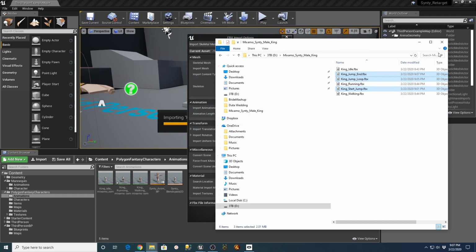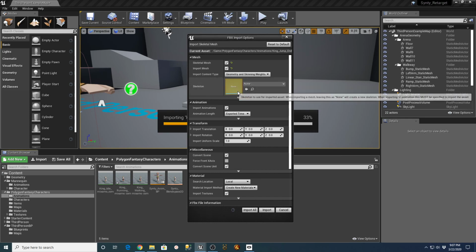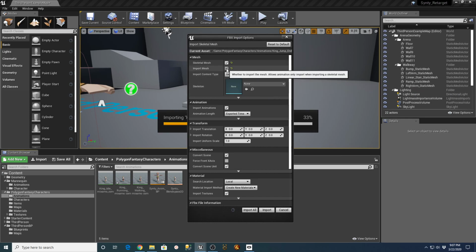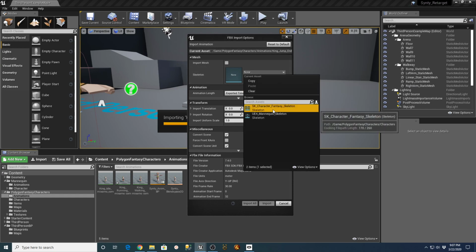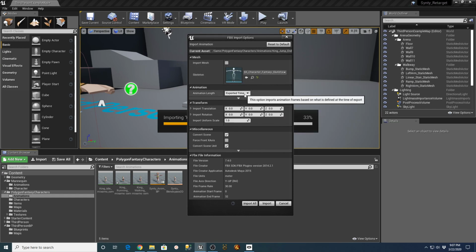Drag those in here, and we're going to do the same thing. We're going to say allows animation only import when importing a skeletal mesh. So we want to do that. We're going to assign that to the fantasy skeleton, the exported time, and leave all these here and say import.